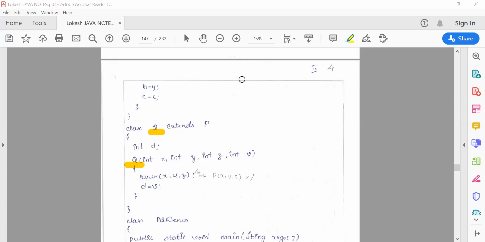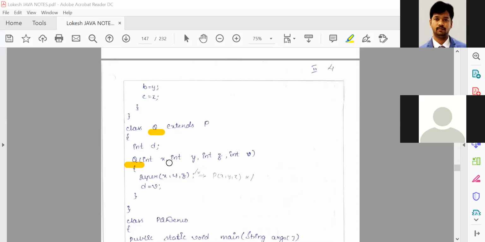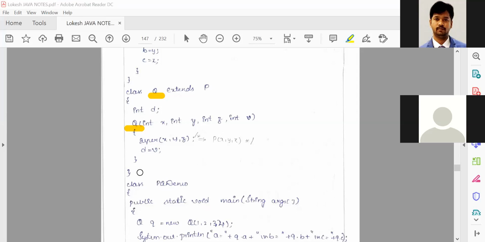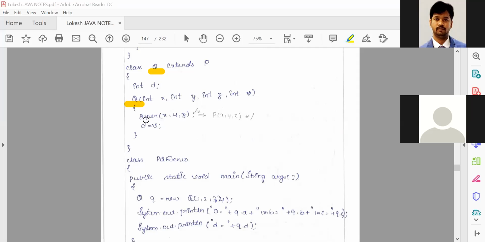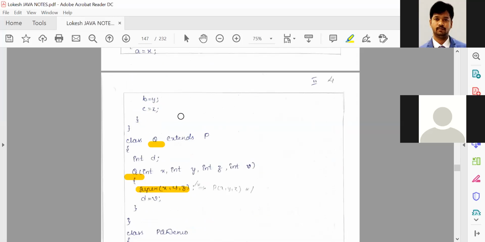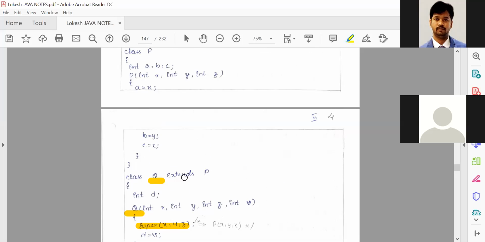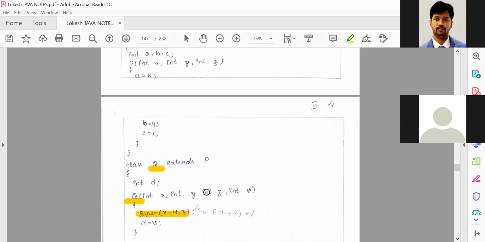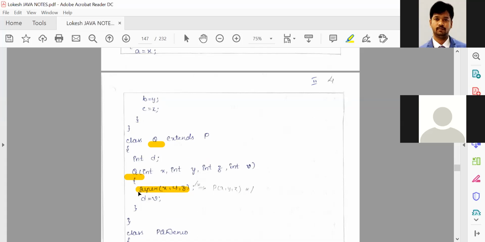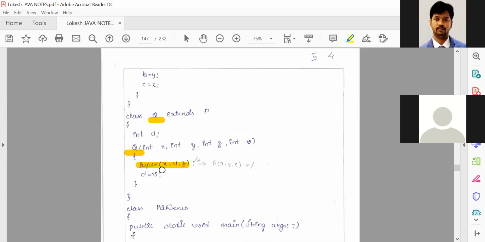There's one instance variable called D. Now in total we have four instance variables under Q. That is done inside the body of the constructor, where the initialization is done. Now we can see here, in case super is not used, one way of writing is to write all these: A equals X, B equals Y, C equals Z. Instead of writing those three statements, we have just written a statement called super. We are calling super. I'll let you know the working of this now.